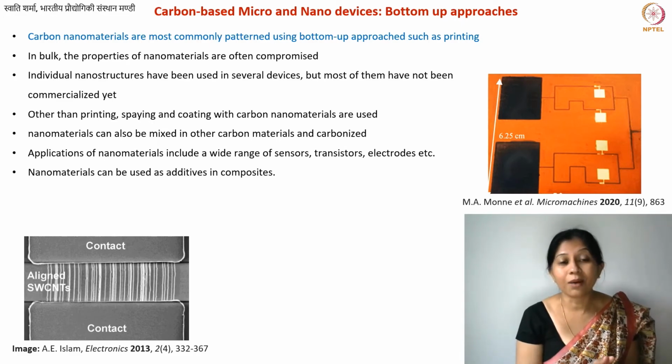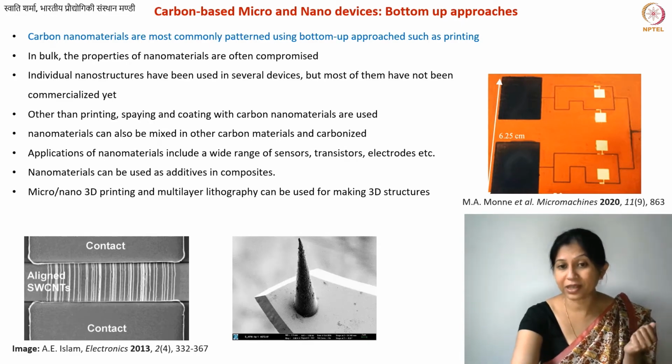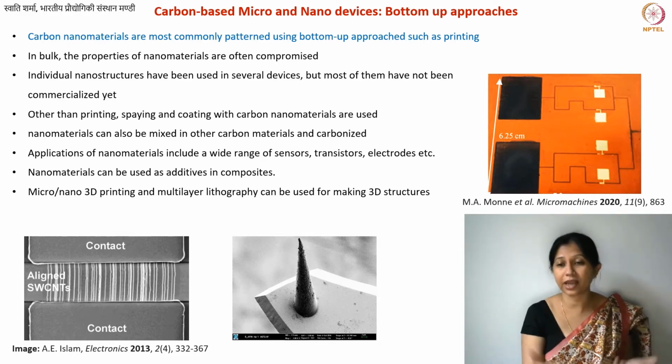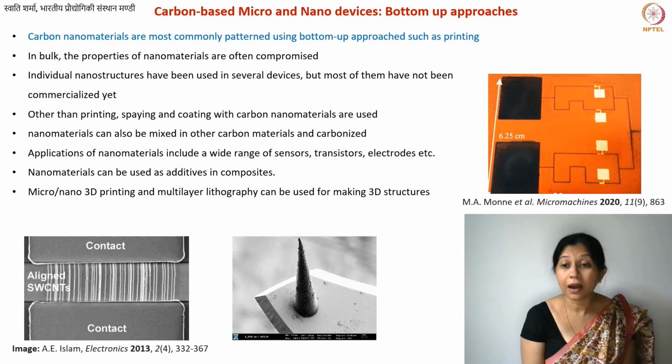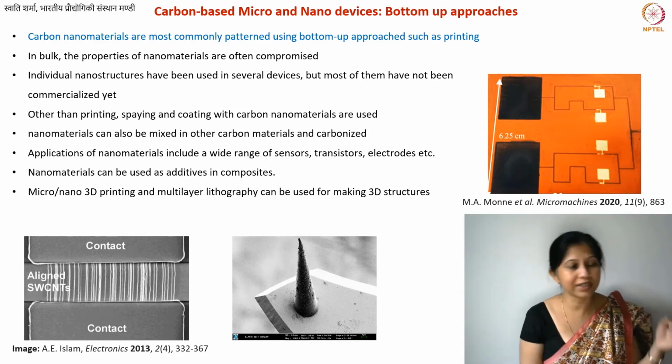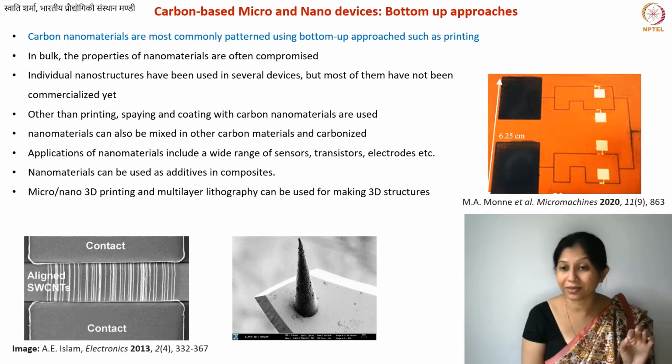One application of carbon nanomaterials is also as an additive in composite materials, and there are many techniques. Here I have shown an example of 3D printing, nanoscale 3D printing. In this case you can use similar inks that you used for 2D printing. If 2D printing is possible, 3D is also possible. All you need to do is slightly change the viscosity properties of the ink. In some cases, for example two-photon lithography, this is also a kind of 3D printing at nanoscale, but you're cross-linking your polymer using a laser. So these kinds of techniques can also be used.